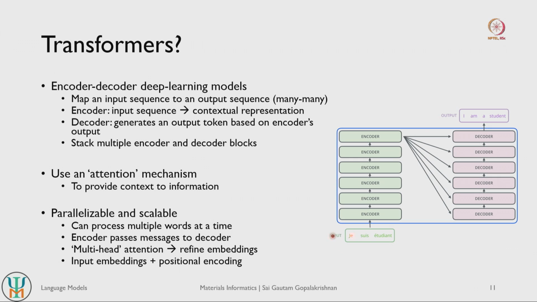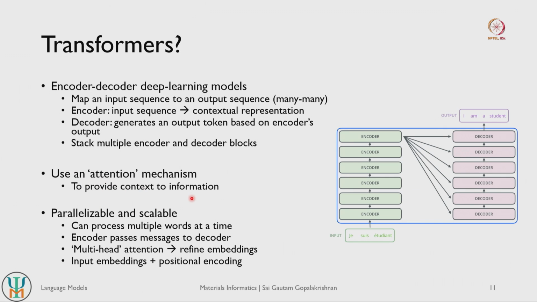So let us say this is a translation model and your input is a French sentence here, Je suis étudiant, and the output would be I am a student, right, once you translate. So the encoder encodes your French representation, and the decoder basically does the translation and puts together words in the English language. The key to why transformers actually work is that they use what is referred to as an attention mechanism, right.